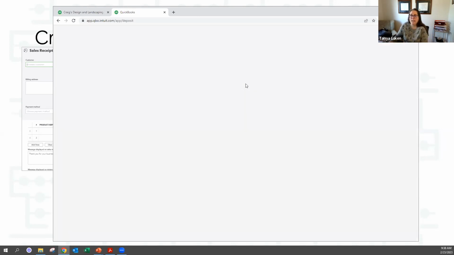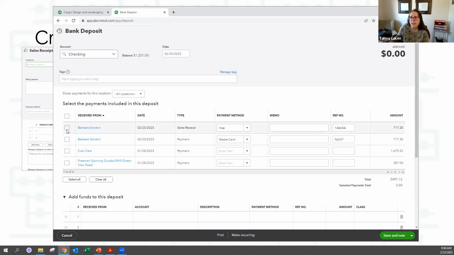So if I go to make bank deposit, because I picked undeposited funds on those two transactions, they're right here. So it allows me to say, I got this $700 and this $700, and I'm making one $1,400 bank deposit. So you can take multiple checks from your clients and add them up into one bank deposit.